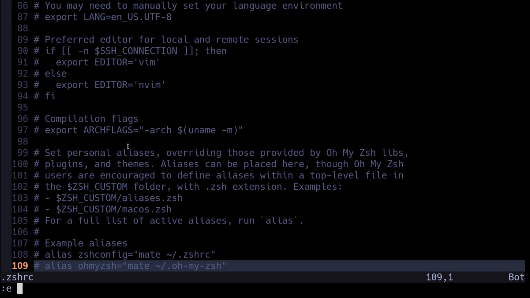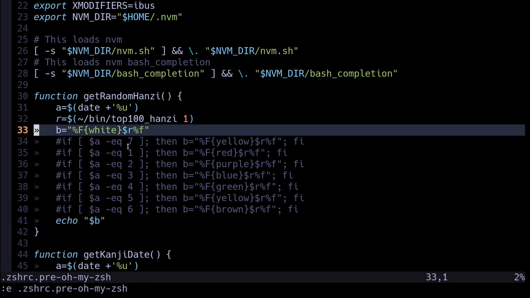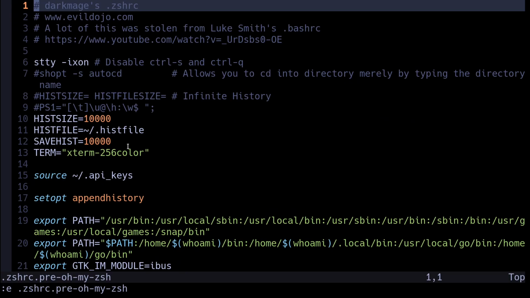In addition to this, we could take a look at my zshrc.pre-oh-my-zsh, which is all of my stuff historically that used to be in my bashrc and is now in ZSH. A lot of this is exports, a lot of this is aliases, a lot of this is custom functions. As an example,